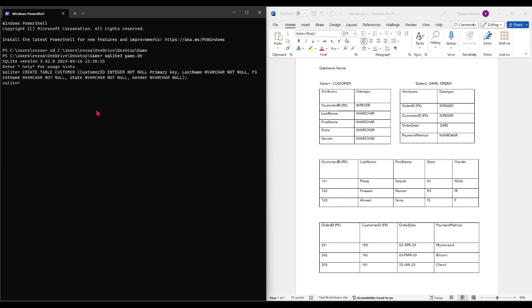Now it's time to add values inside the table. So the command is insert into customer values, single quote,